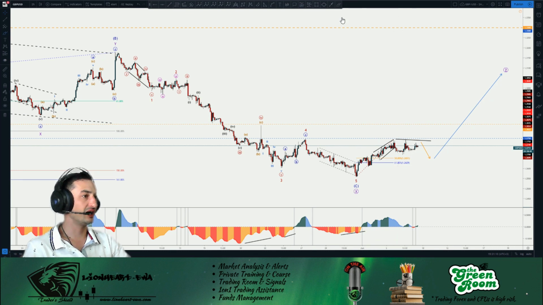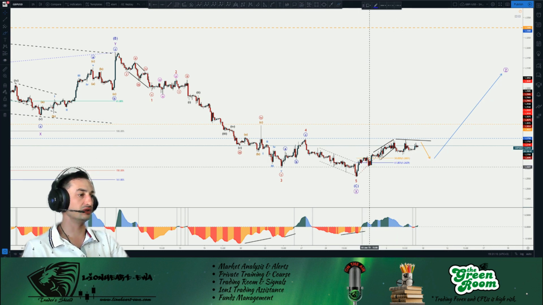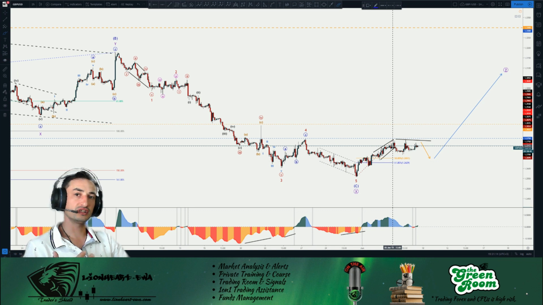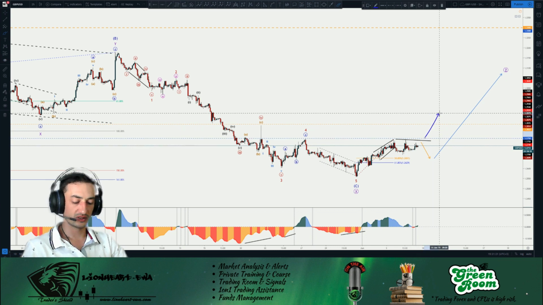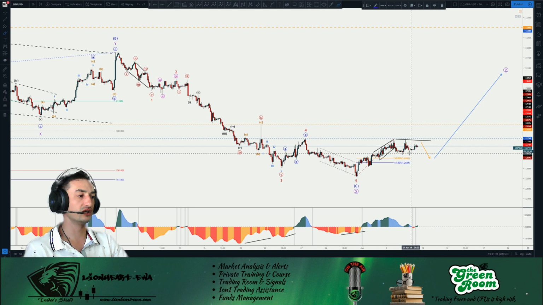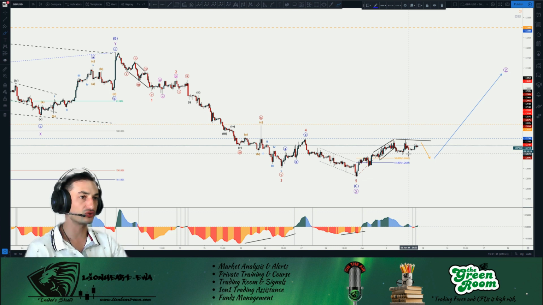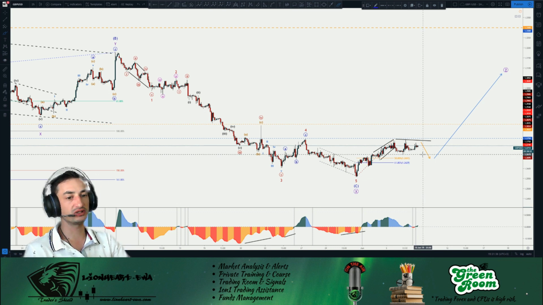Okay, now the pound has been a bit lazy, but if this thing starts to go on the upside and it breaks out of this trend line, which I have right here, then it could go really, really fast, because that's basically all this thing needs to see. Some weakness from the US dollar to continue. Not that it's not weak right now, it's not showing weakness, but the pound US dollar seems to me like it does want to go on the upside.